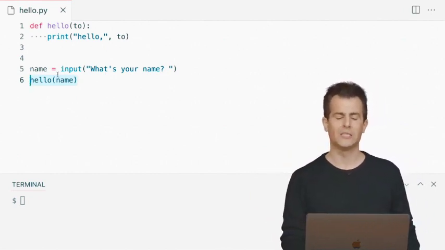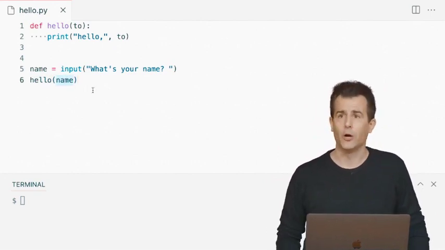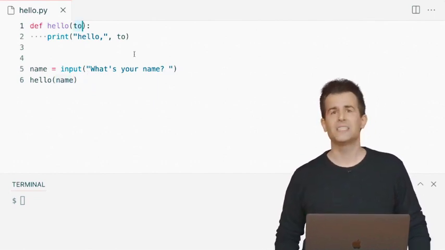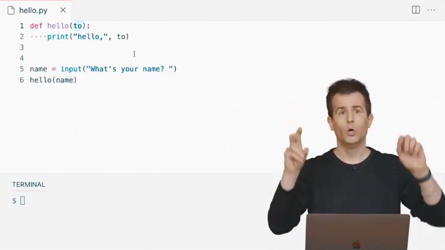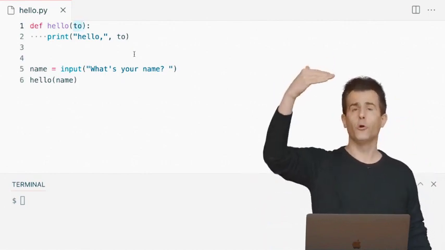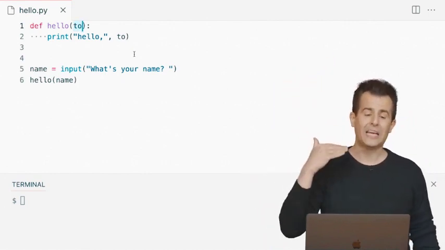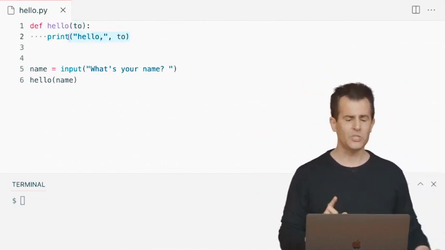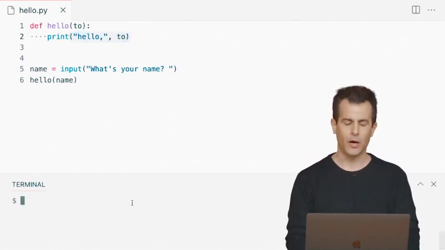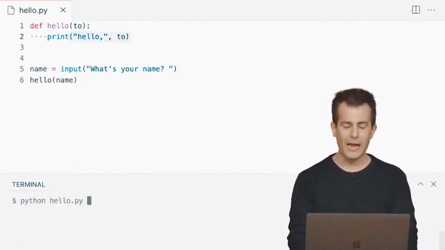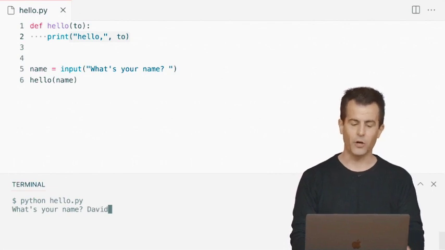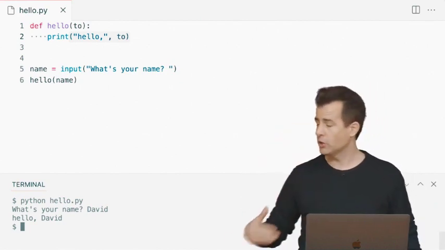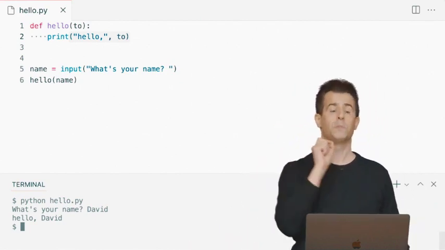And what's happening here is essentially this. Even though the variable is called name here, when the function itself is called, the computer assumes that that same value is now called to. So name is essentially copied to another variable called to, so that in the context of hello, I can say hello to that variable instead. And we'll see in a moment what happens if we don't keep those straight. Let me go ahead and run python hello.py, enter. What's your name? And now I'm crossing my fingers, enter. There we go. We're back in business. But now I have my own custom function called hello that's allowing me to say hello to a specific person.